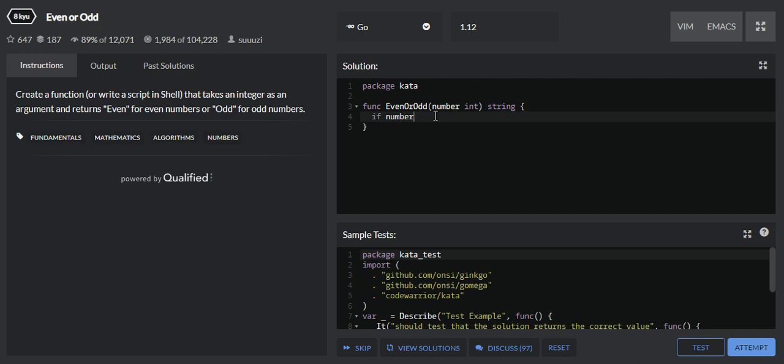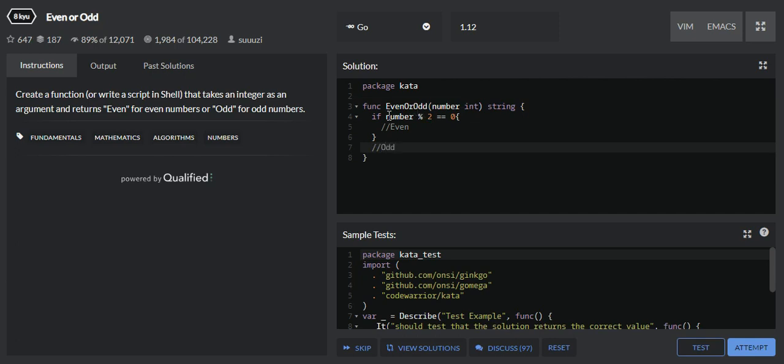Instead of dividing, we have an operator in Golang called the modulus operator, which gives the remainder of the number. If the number is divisible by 2, whatever the remainder is, we can get it with the help of the modulus operator. So here we are checking if the number is divisible by 2 and the remainder is 0, then we will consider this number as an even number. Else we will be considering this number as an odd number.